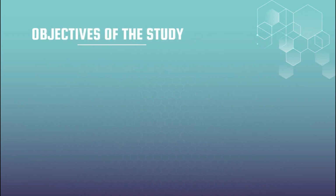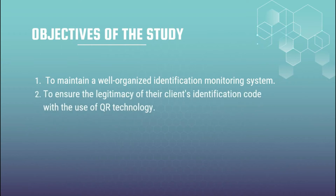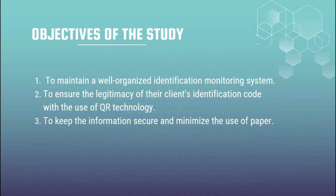Objectives of the study. The main objective of this project is to create a computer-based information management system with QR code for APPH Remittance Center that will manage and record all their client information. The following specific objectives are: to maintain a well-organized identification monitoring system, to ensure the legitimacy of their clients' identification with the use of QR technology, to keep the information secure and minimize the use of paper,